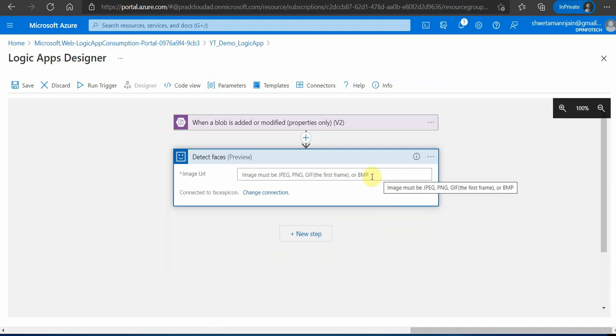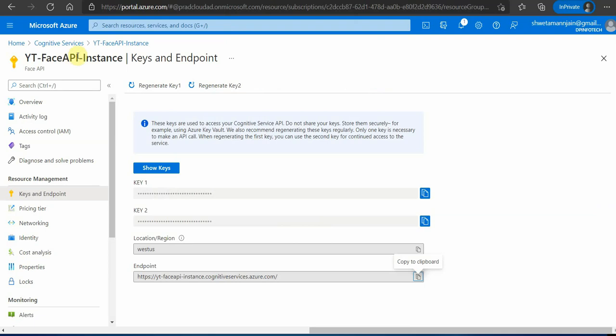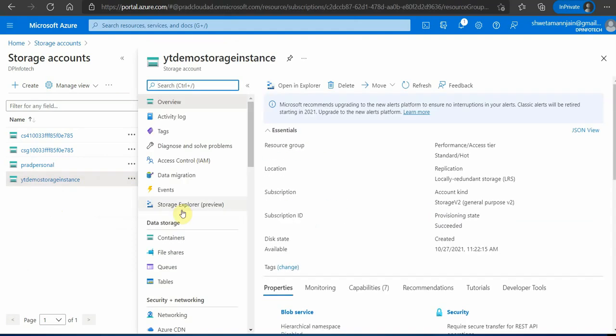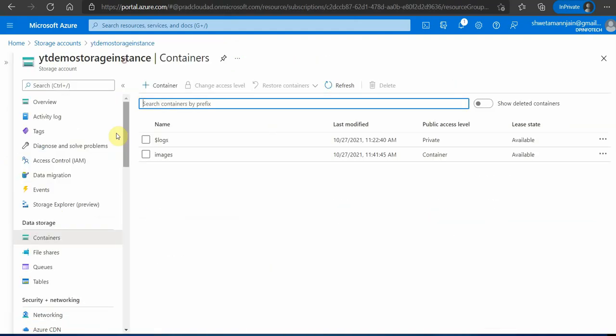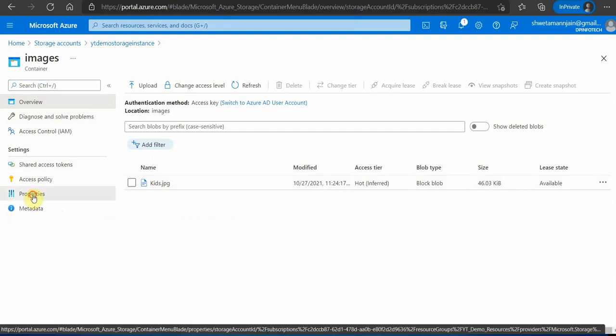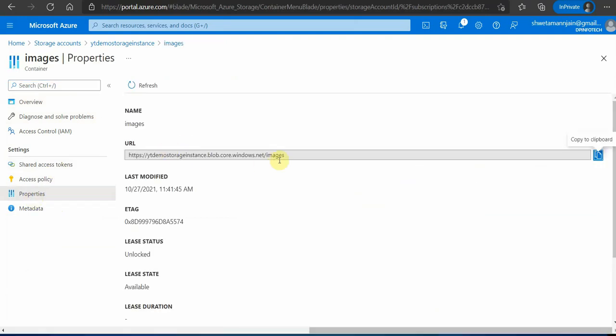Okay, now it is asking what is the image URL, from where will it pick the images. So for that we need to provide the container address. So go back to storage, our container, and inside container click on the one which we are interested in, and on the left hand side you can see properties. So let's grab this particular URL,